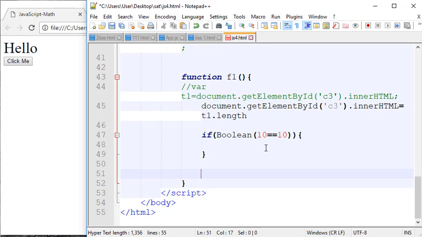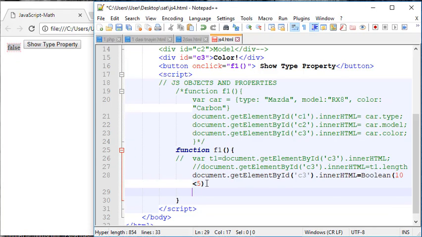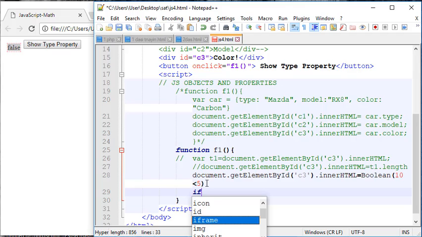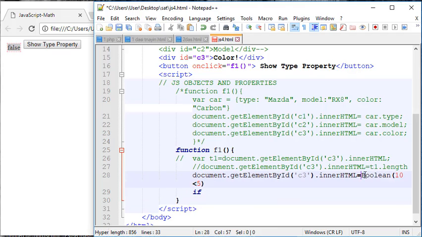We might not use them all the time. However, it will be important for you if you're making a web application or anything that uses JavaScript. And boolean is also a data type. So what we can do is we can just easily type in if, and let's go ahead and copy this,